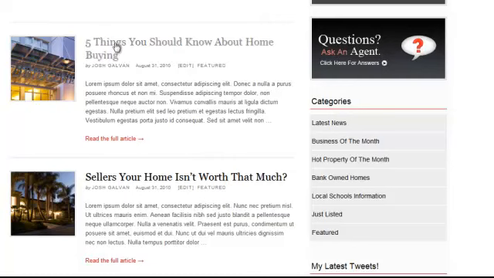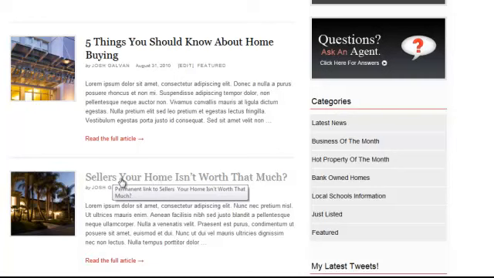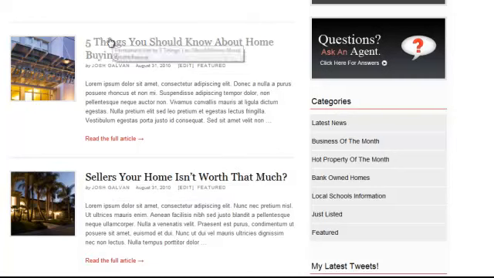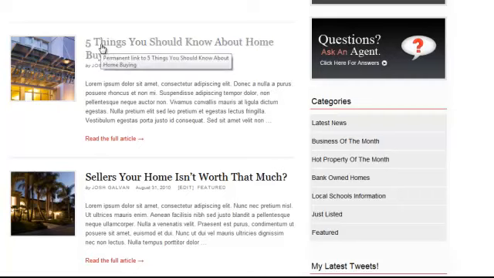A tag unites postings from different categories and makes them relevant into one. So just using this as the example, if this is 5 things about home buying, sellers, your home isn't worth that much, this is in the seller category, this is buyer category. If I tag them both as home values, well, now if someone likes the topic, if I'm a buyer